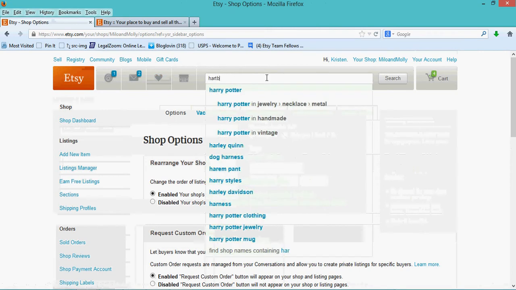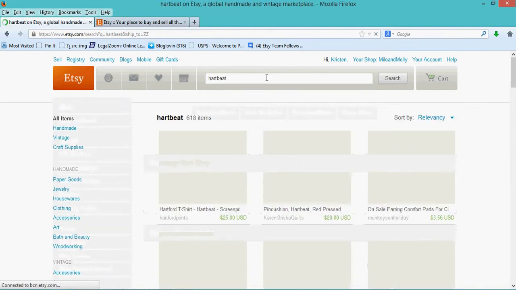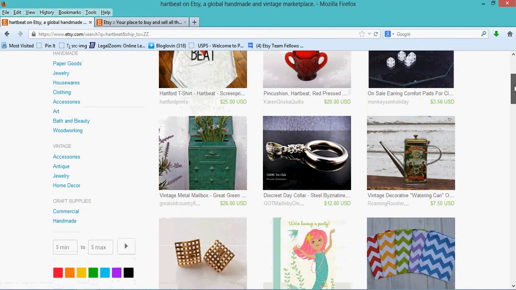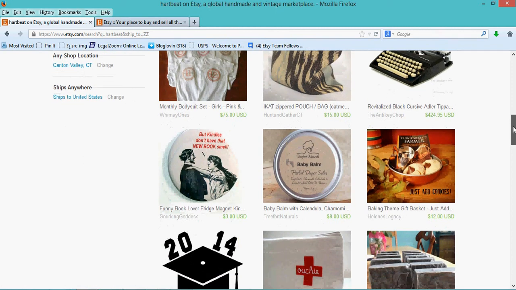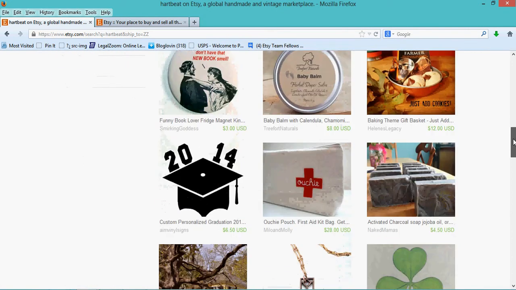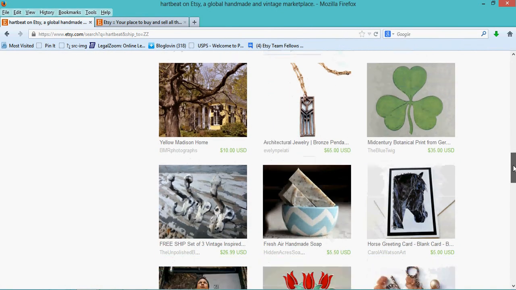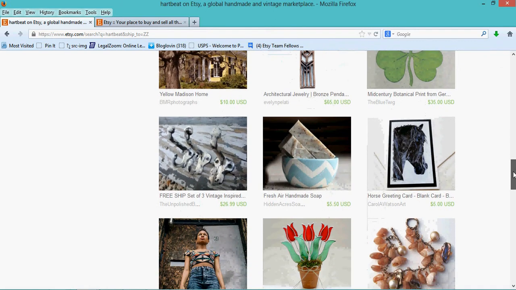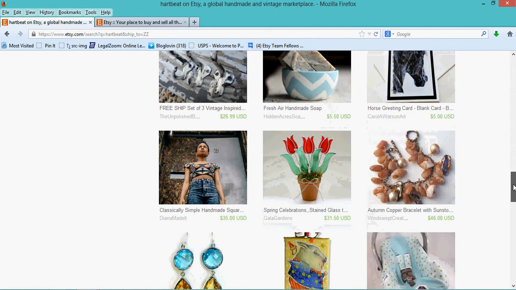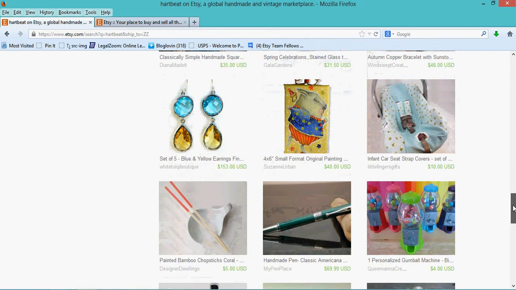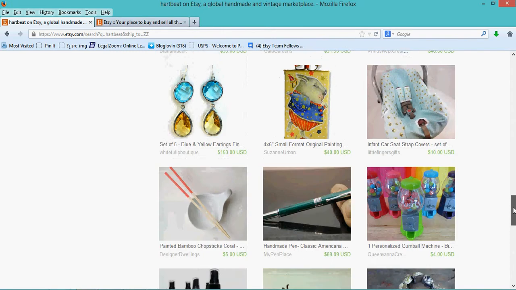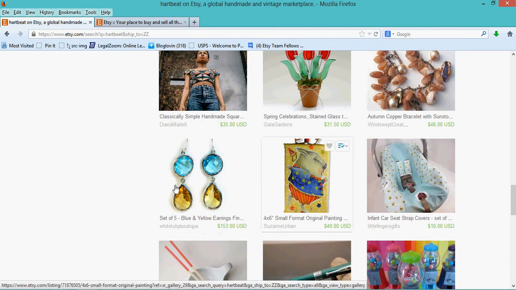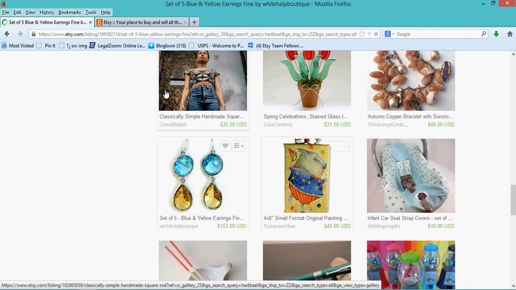Up in the search box, you can search for anything. I'm going to type in Heartbeat as my search item and see what can come up. Hopefully our membership is starting to tag more of their items with Heartbeat. That makes it easily searchable for us to type that in. So we're looking for something that would be May finds, that would be summery, just to start us off on a theme. So here you'll see that there's a bunch of Heartbeat items listed. So we'll take these earrings,